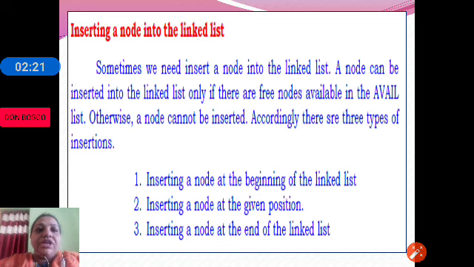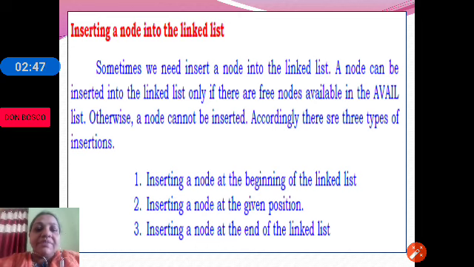A node is inserted into the linked list only if there are free nodes available in AVAIL. As discussed earlier, AVAIL is a system linked list which maintains a list of available or free nodes, which are deleted nodes.